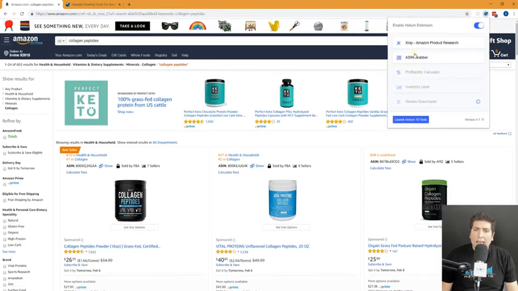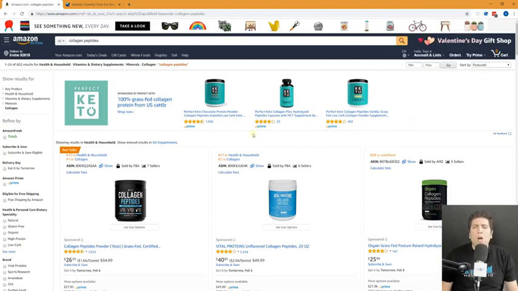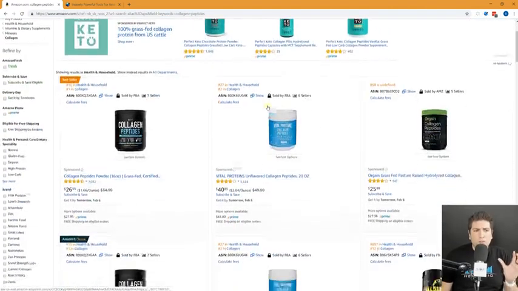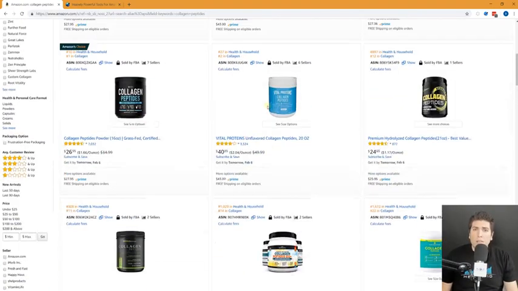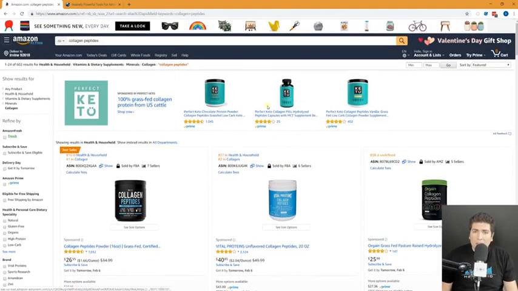I also have ASIN Grabber. If I just click this, it's going to pull the top line information for the top 100 listings that show up. Not just here on page 1, but the first 2, 3, 4, and 5 pages. So especially with seasonal products, this is going to help you have some visibility into what the top sellers are. It's going to give you a list that you can go back to when you're ready to launch for a